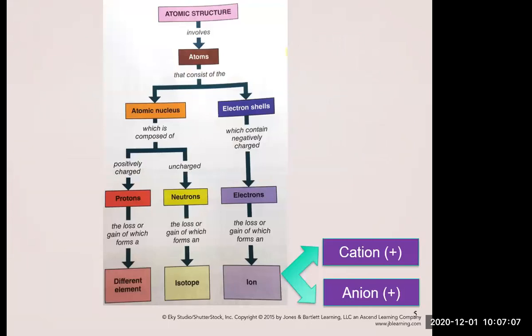Okay, and then I really like this figure. I definitely recommend you all study this for your quiz coming up this week. So let's just take a look at this. An atom has a nucleus and electrons. Protons carry a positive charge, more or less, different element. Neutrons, more or less, isotope differences. And if we add or remove electrons, we have different ions. If you have a positive ion, we're going to call that a cation. If you have a negative ion, we're going to call that an anion.